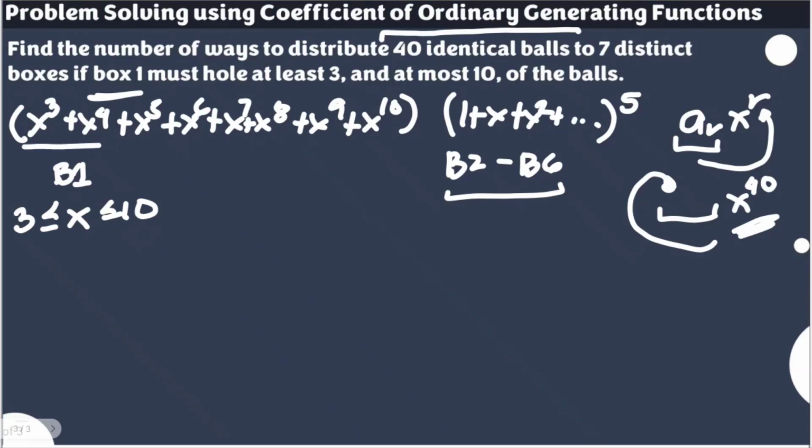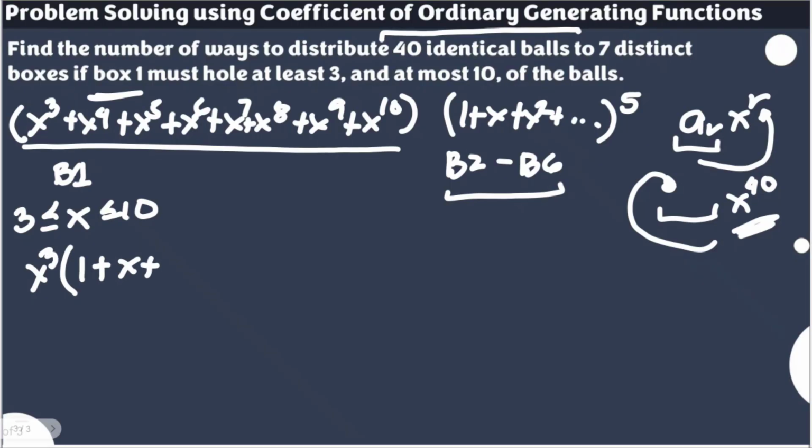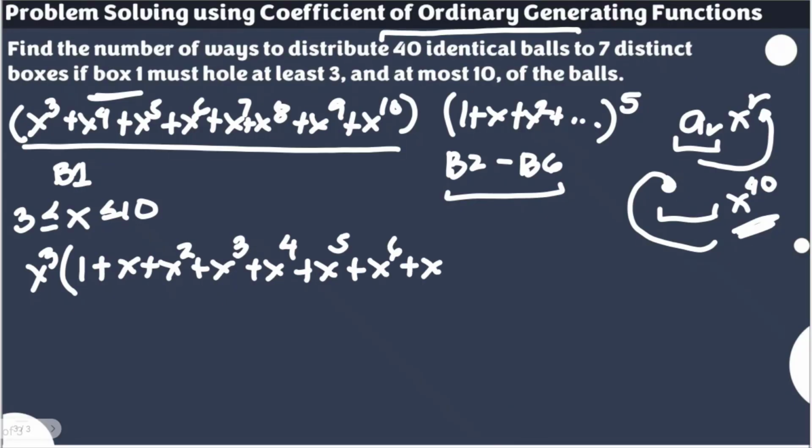For box 1, we have here this form. So if I'm going to factor x cubed on this given expression, sorry for that, x cubed, what remains on our first term is just 1. For the second term is x. Third term is x squared, x to the power of 3, x to the power of 4, x to the power of 5, and for 10, x to the power of 7. I'm writing this one because this can be simplified still in another form using the formula for the